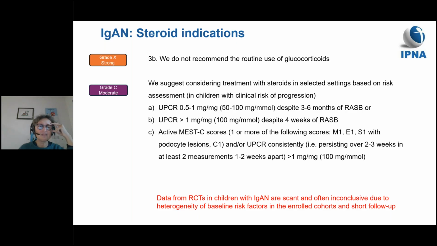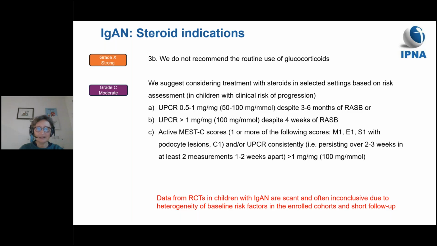A, children with a UPCR between 0.5 and 1 milligrams over milligram, therefore corresponding to 50 to 100 milligrams over millimole, despite 3 to 6 months of RAS blockade, or a UPCR above 1 milligram over milligram, so above 100 milligrams over millimole, despite 4 weeks of RAS blockade, or starting from the moment of diagnosis, if the child has active MAS-C scores with 1 or more of the following scores, M1, E1, S1 with podocyte lesions or C1, and or a UPCR which is consistently, so 2 to 3 weeks and at least 2 measurements, 1 to 2 weeks apart, above